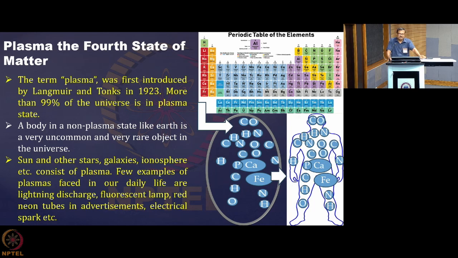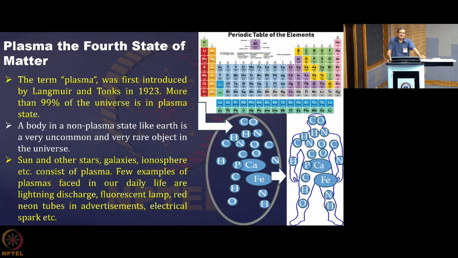And definitely we will say that they are not alive. But on the lower right corner, you see that it is basically all these atoms which makes a human. And nothing is there within a human body which is not there in the periodic table. But the surprising fact is that when they are in a particular combination which is in our body, then the particular assembly of atoms makes a man alive, and the person can think, can walk, can behave in a particular manner, and is altogether completely different.